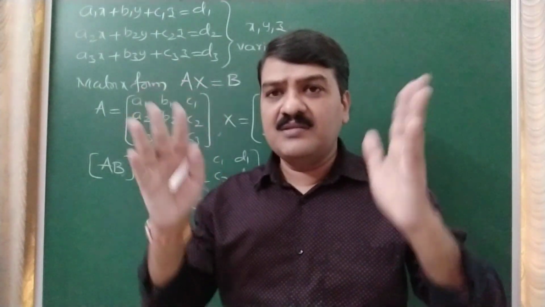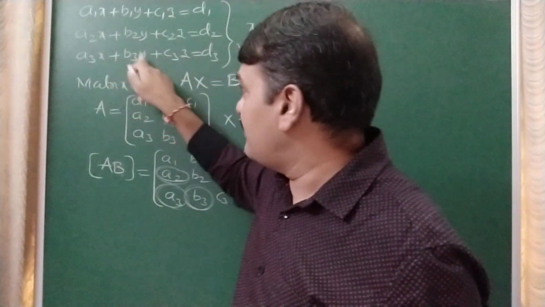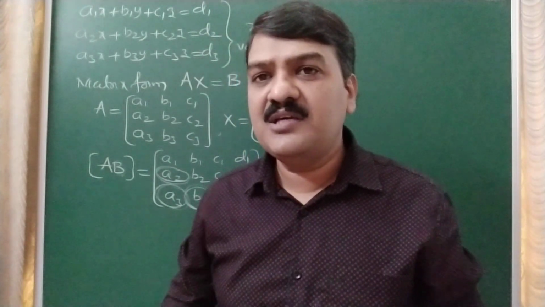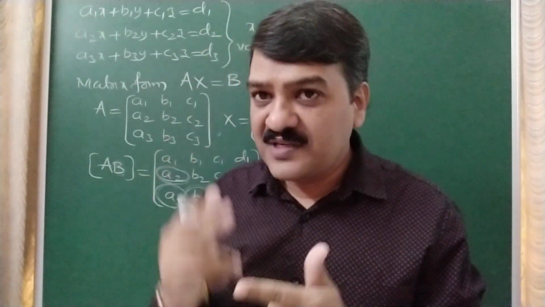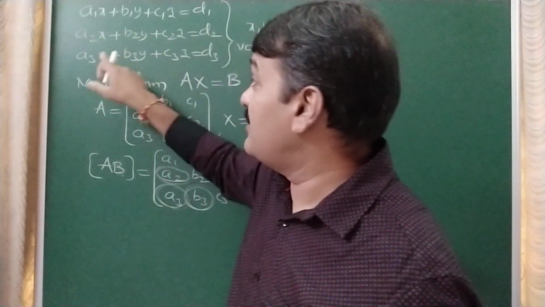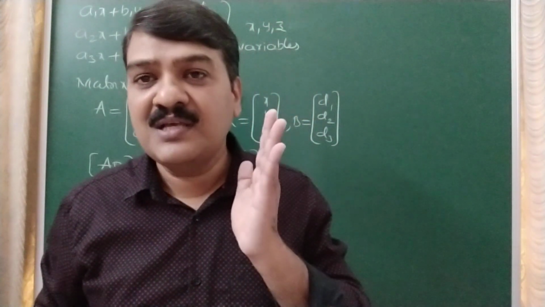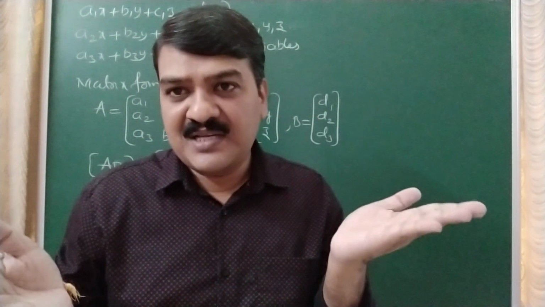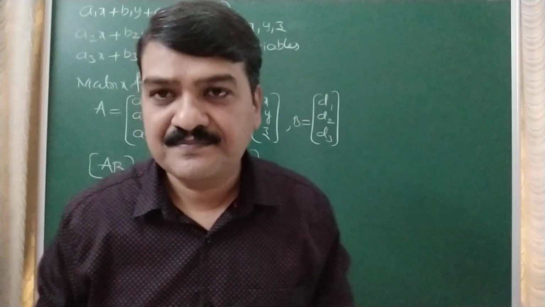So one thing you have to keep in mind is whenever the number of equations and the number of variables is not the same, the given equations do not have a unique solution. Number of equations 3, number of variables 3, when that is equal, then only the system can have a unique solution. So if that is not matching, the system cannot have a unique solution. Directly you can decide like that.